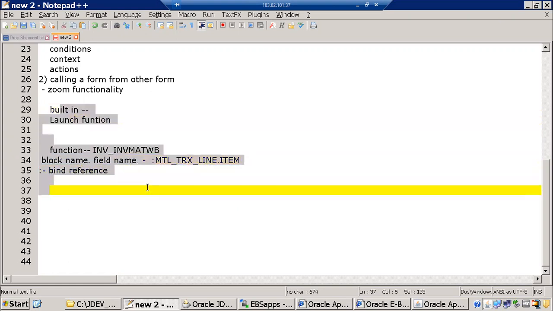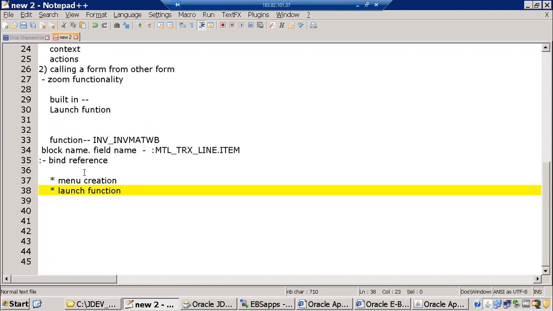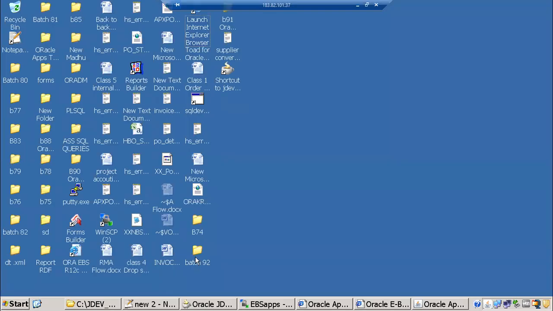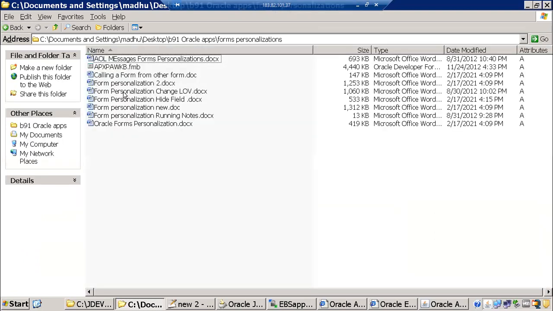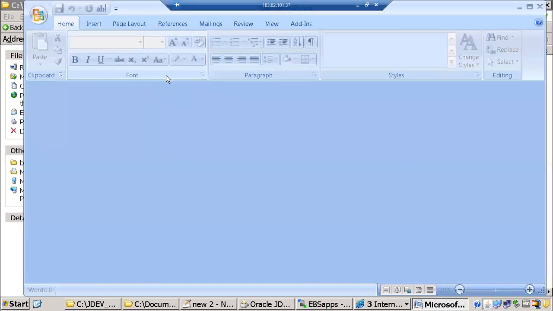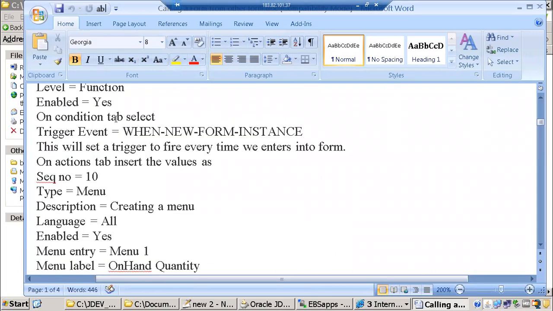Once you gather all this, the first step will be the tools menu creation, and the second step will be the launch function. That's it, these two steps we have to do. I already have notes with me, and I'll share them with you also. You can follow the notes. These are all the examples. First, we are here now. One menu we need to create first. How to create a menu is